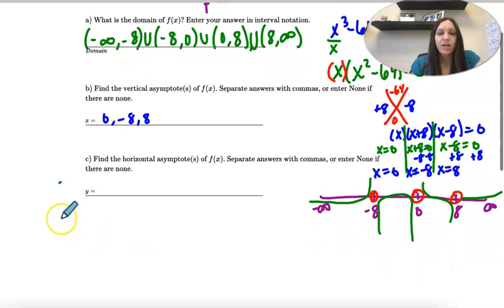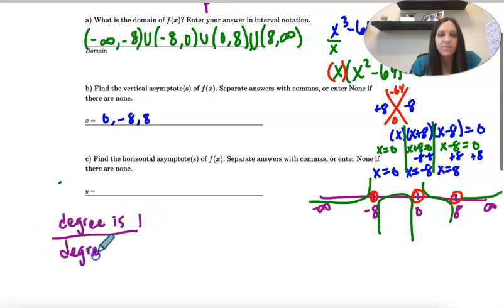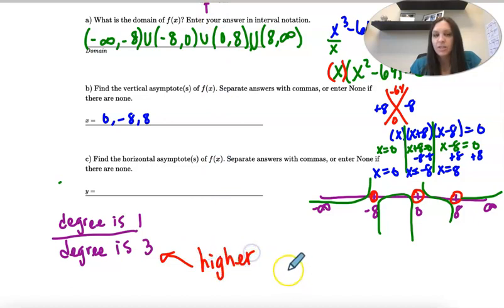So on the numerator, our highest degree is 1. And on the denominator, the highest degree is 3. So when it's higher on the bottom, that means there's an asymptote at y equals